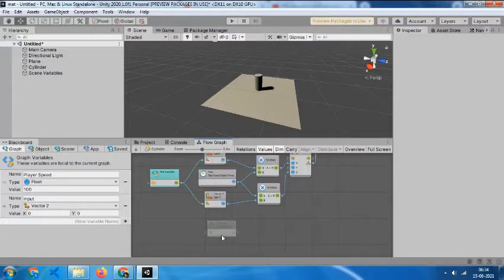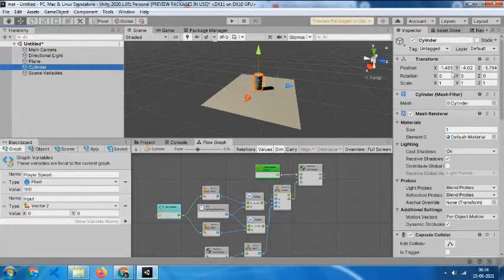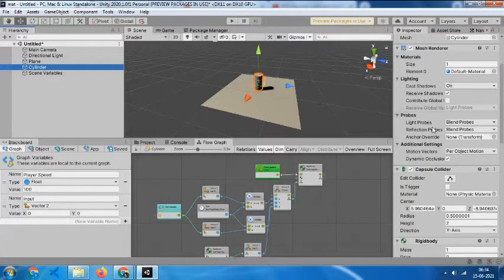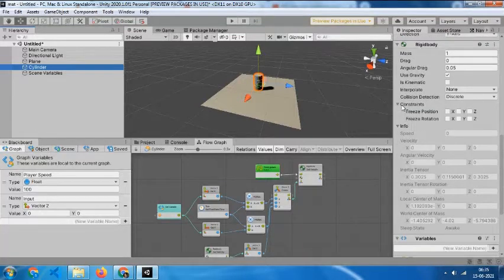Before trying it out, we're going to get our velocity and get our y and connect it to that so that our falling and everything works. Now before playing, select the player. In my case it is a cylinder, and then get down to the rigid body and then freeze its rotation in X and Z so that it doesn't fall down. And now if you play,